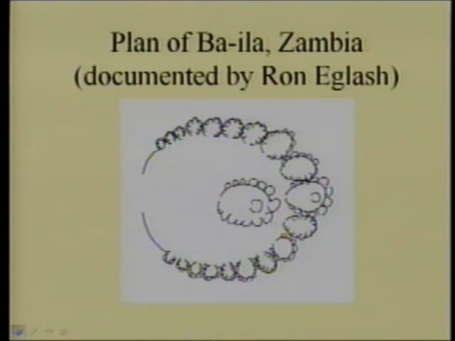Each one has an opening to the left, just like the village has the main gate on the left. And each one of the subsidiary ovals has itself a boundary made of ovals that open to the interior. So this is the most wonderful fractal you can possibly imagine from an aerial photograph. Now you may want to read Ron Eglash's book called African Fractals, where he documents many different cases of fractals.